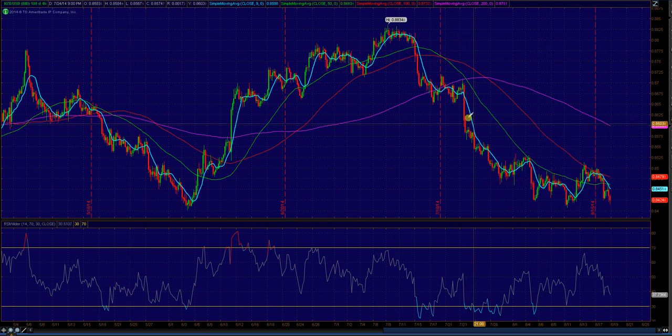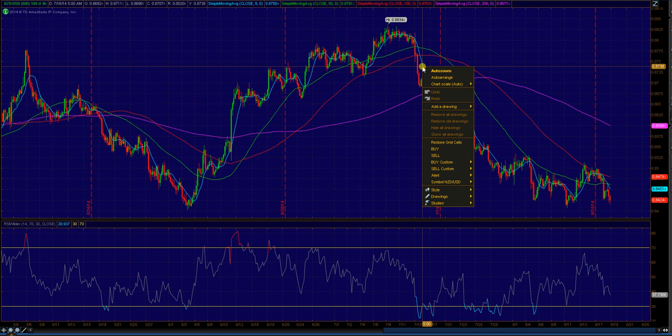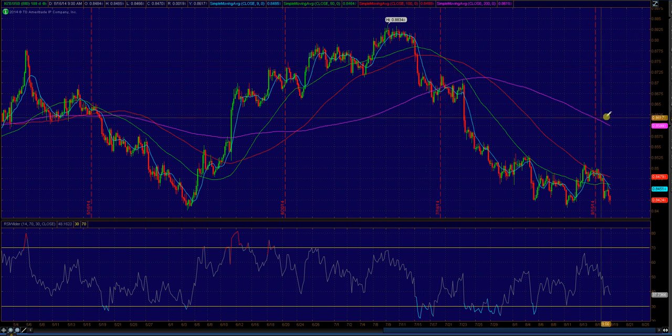The 10 period is the blue, the 50 is the green, the 200 is the purple, and the 100 is the red. If we see that 10 period cross back above that 50 period SMA, that will bode well for those